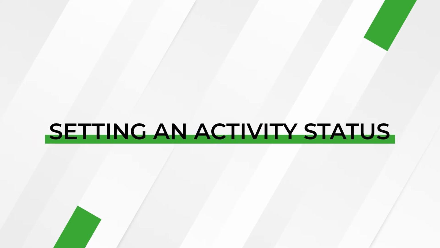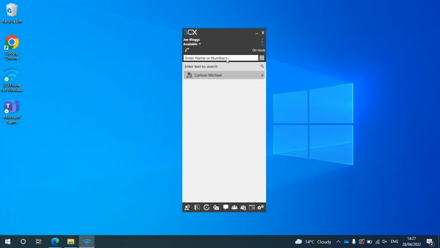You can set an activity status so others in your organisation can see how available you are. By default, it will be set as green for available. This will set your status across all devices that you have 3CX installed on, including your desktop, mobile, and web